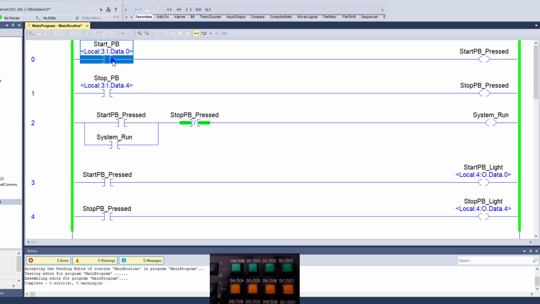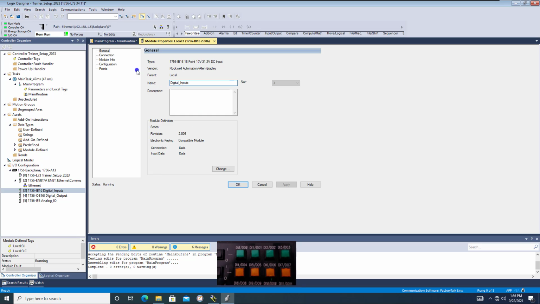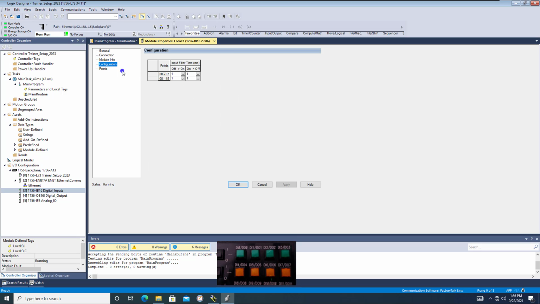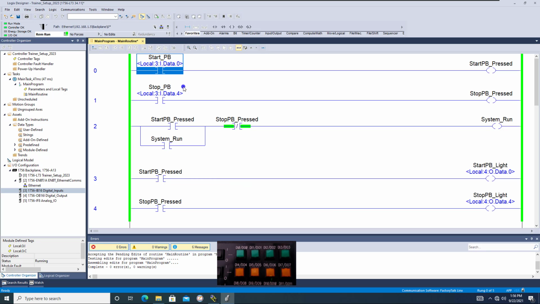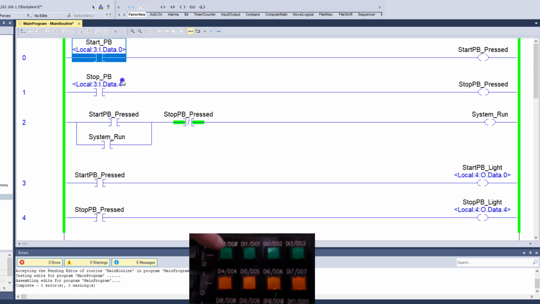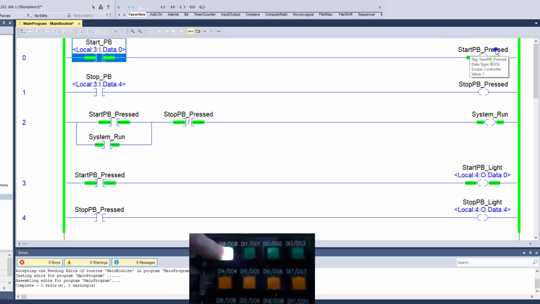So this input, which is input 3 I1 or I0 right here, data 0, which is the input card right here. So if I pull my input card up, you'll see that right here I have my inputs and my points in contact. So this is based upon my trainer. You can see if I push this, now if I transition it from a 0 to a 1, you will see the power flows through, and it does power this start push button pressed, which is just basically a tag